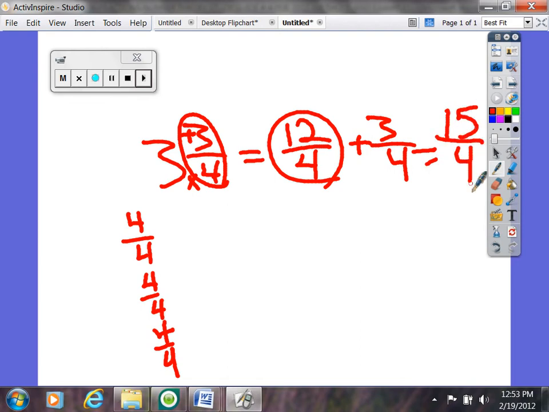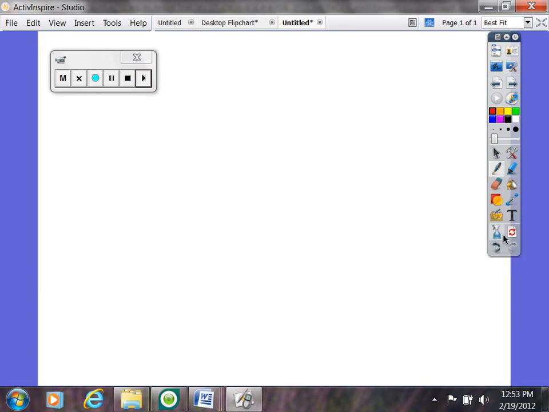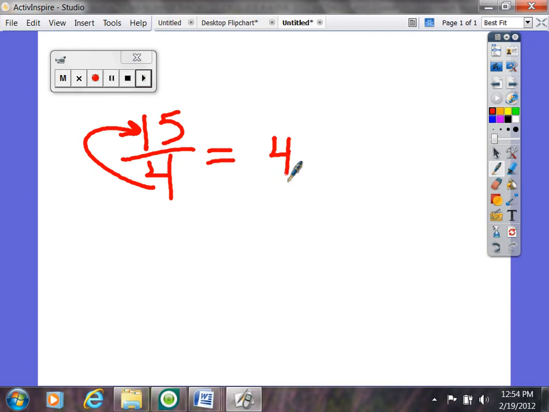Okay, pretty simple. Now, there's going to be times when the students have to convert back. They have to go back from an improper back to a mixed. Well, this rule is pretty simple as well. All they have to do to convert back is to divide the denominator into your numerator. Just like we did when we were converting from a fraction to a decimal, I can do this too, but I'm going to leave my answer as a mixed number. 4 goes into 15. Now, I'm not going to worry about a decimal. I'm going to leave it as a fractional